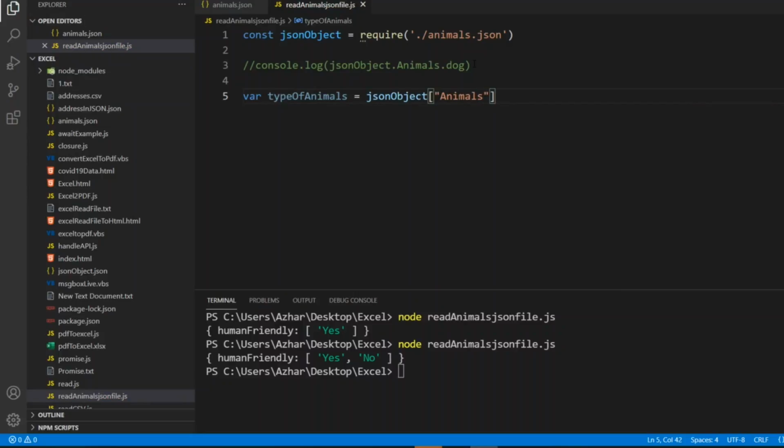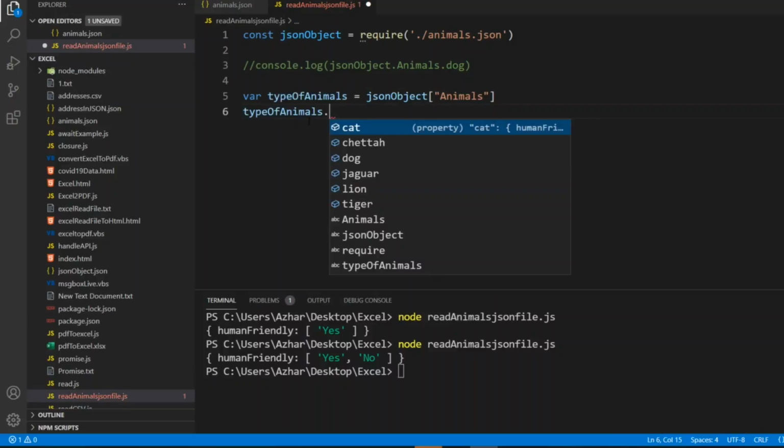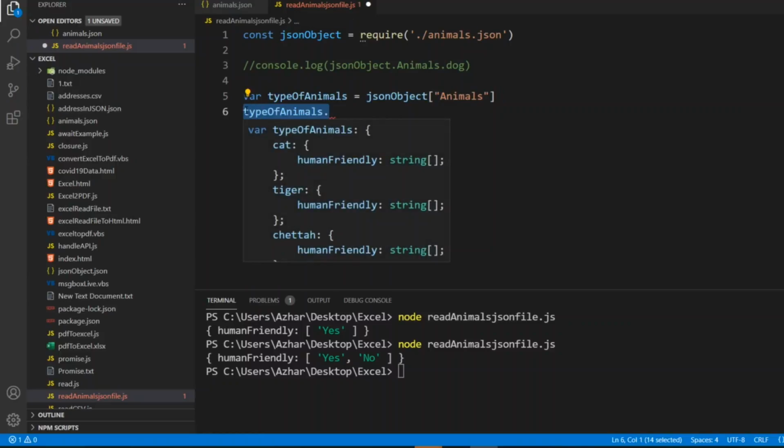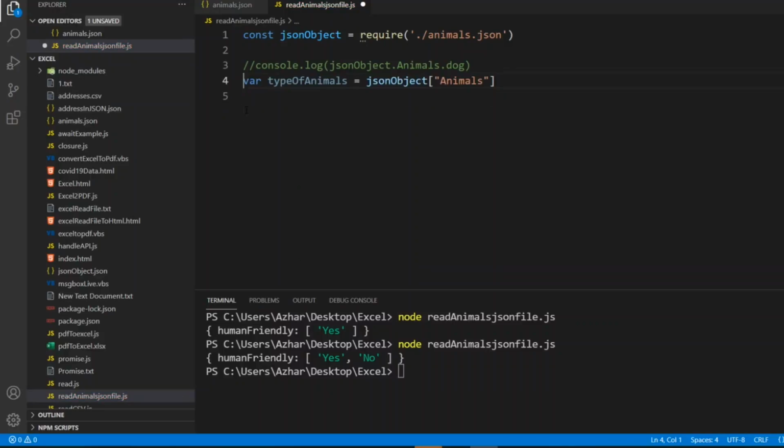What will this type of animals have? All the animals which we have given there: cat, cheetah, jaguar, lion. Why have I taken this? In this type of animals, we can easily access all of them, instead of giving dot animals dot something like that.